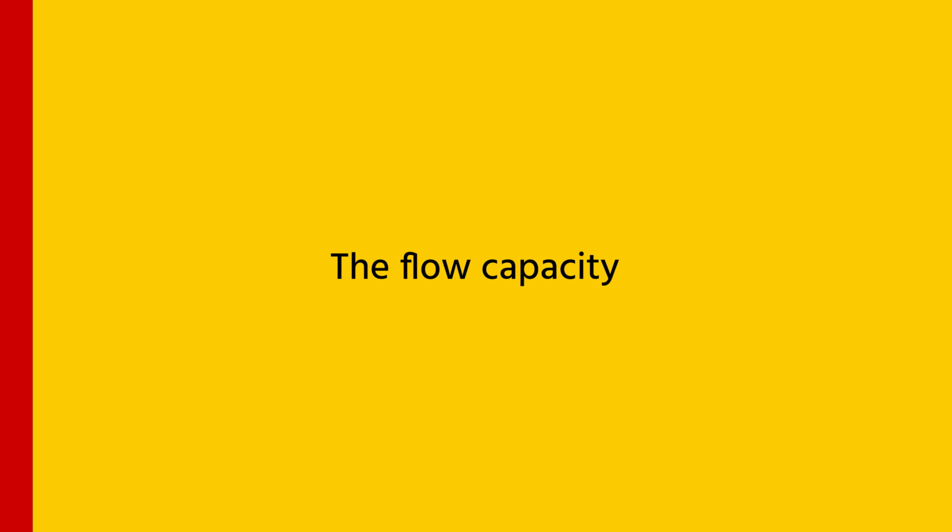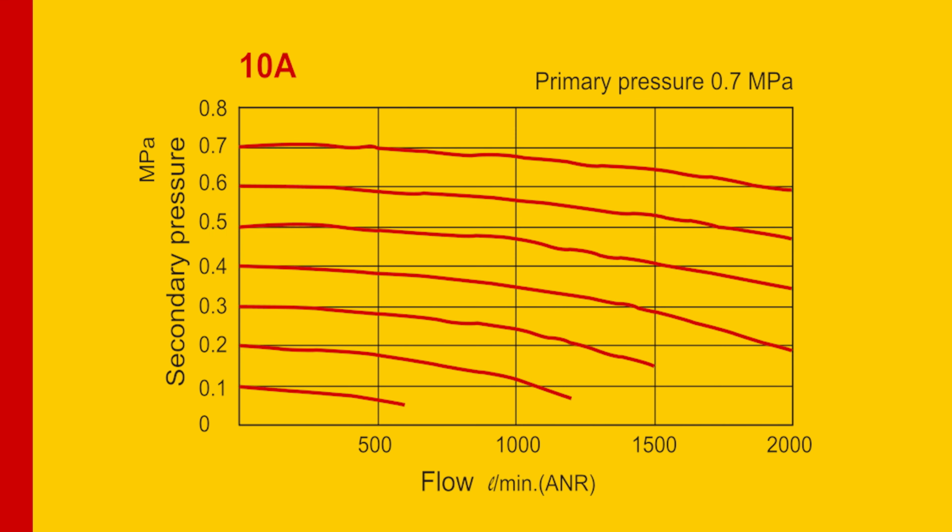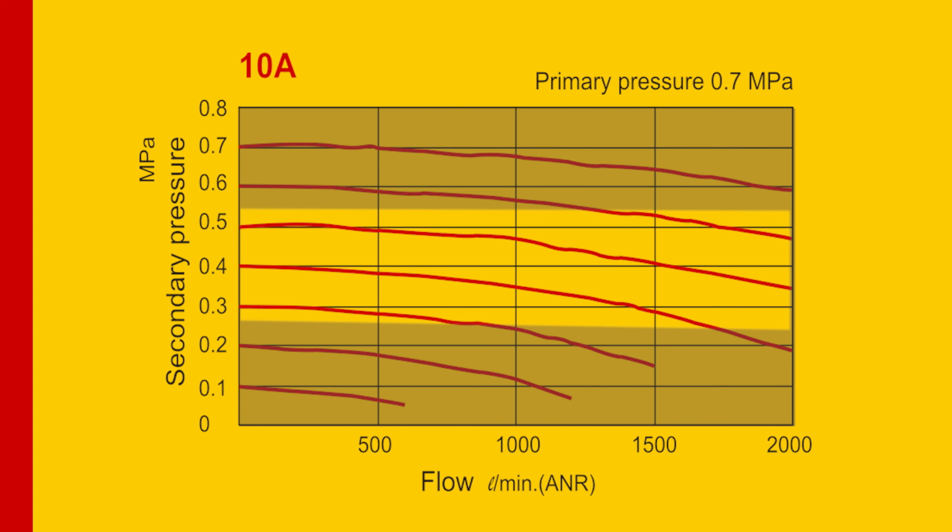Next, the pressure rating. Make sure that the filter you're looking at can handle the input and output pressure of your system. Next is the flow capacity. Most manufacturers supply a flow versus pressure drop curve like this one. The flow curve shows the flow rate from a set input pressure with multiple output pressures. For each output pressure, it can be seen how the pressure changes with the increased flow rate. It is recommended to use the device in the middle range of the curve and not at the beginning or the end of the curve.